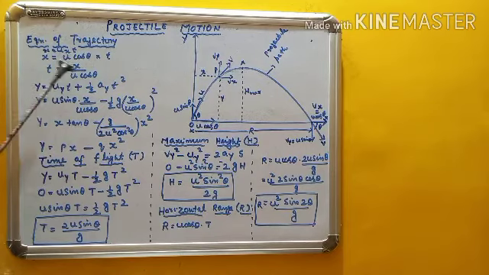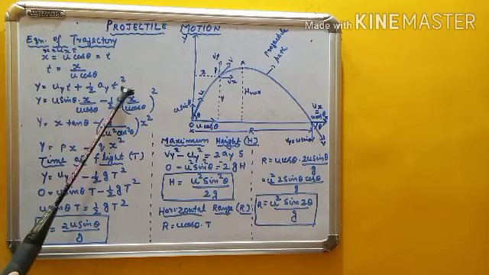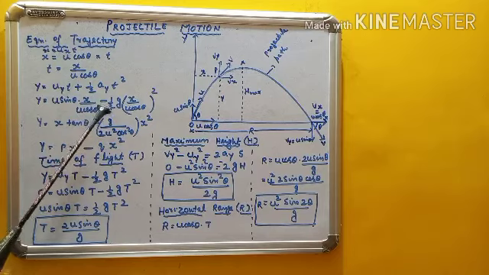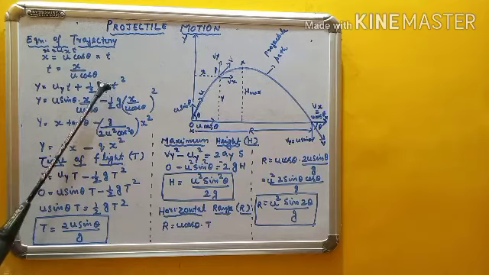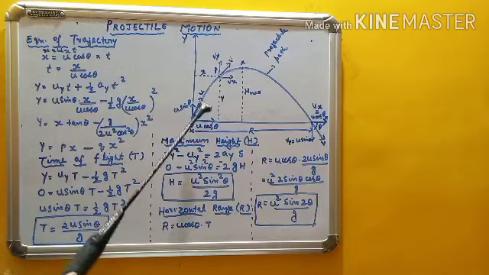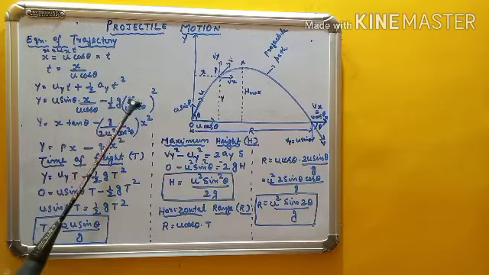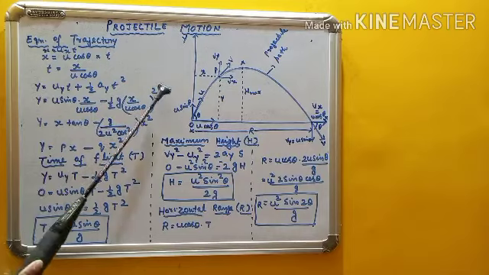So x is equal to u cos theta into t, or t is equal to x by u cos theta. Now along the vertical direction, y is equal to uy t plus half ay t square. I have substituted for uy as u sin theta, and for t as x by u cos theta, plus half ay, acceleration along vertical. Initially it is moving against gravity, so minus g, then for t, x by u cos theta whole square.